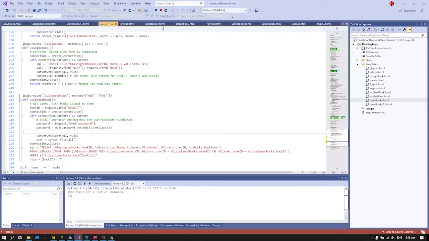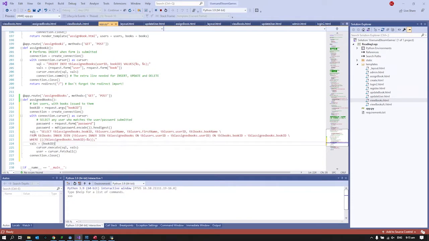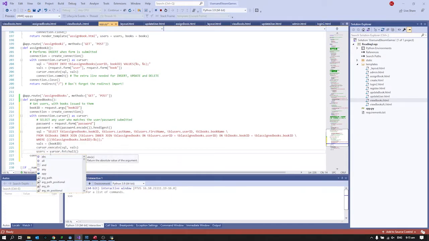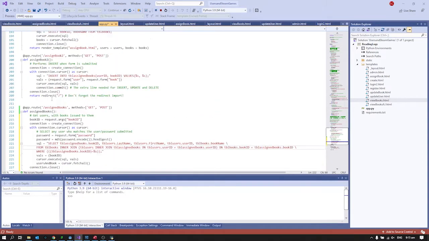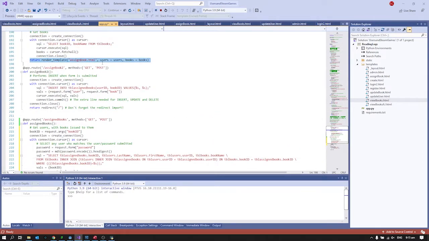Delete. Replace with these 2 lines. Control X, Control V, fix my indentation, and not user equals cursor.fetchAll, it's going to be users in this case, isn't it? Users and books, in fact, users and book equals cursor.fetchAll, and then I forgot to get the redirect or the render template, so I'll just grab one other